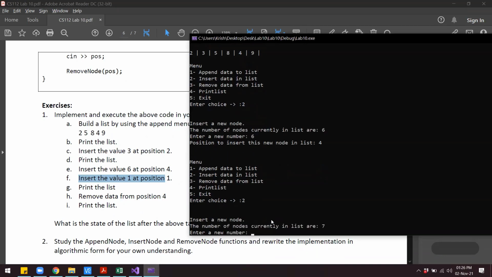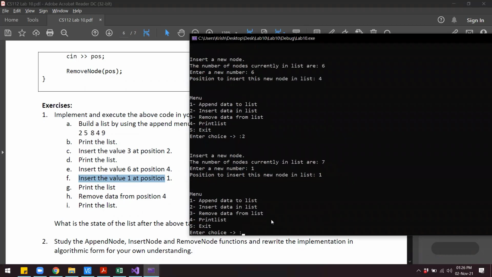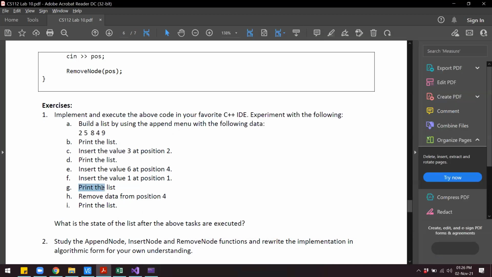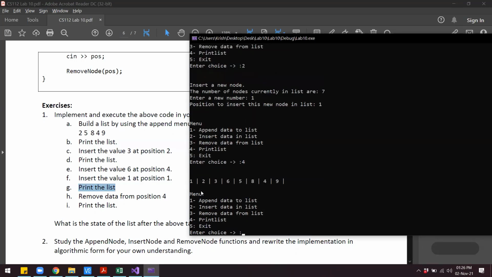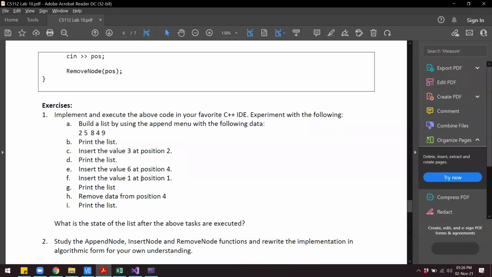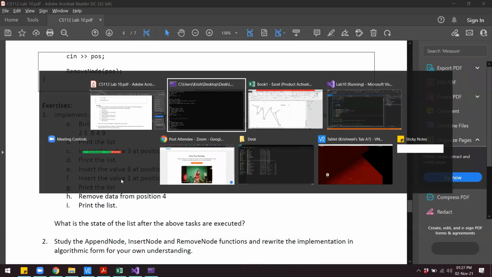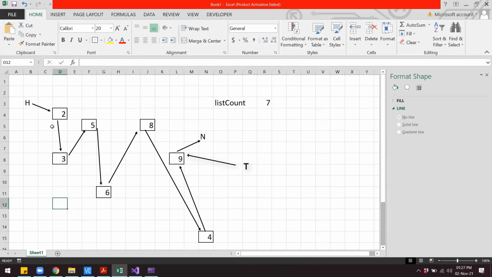So enter 2 to insert. We want the value 1 at position number 1. And then print the list. So to print, we will enter option number 4. So you will now see that we have 1, 2, 3, 6, 5, 8, 4, and 9. And when we inserted 1 in the list, that 1 came at the very beginning.